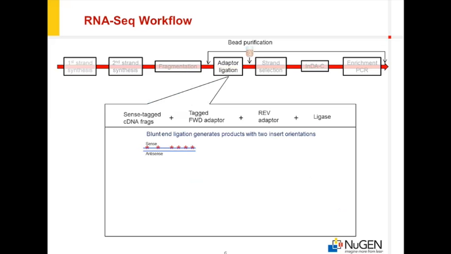The ligation that we perform is a blunt-end ligation, such that when you carry out the adaptor ligation with both the forward and reverse adapter, there's two possible orientations, shown here on the left and on the right. What we've done is we've labeled one strand of the forward adapter with the same degradable nucleotide analog, shown here and here,